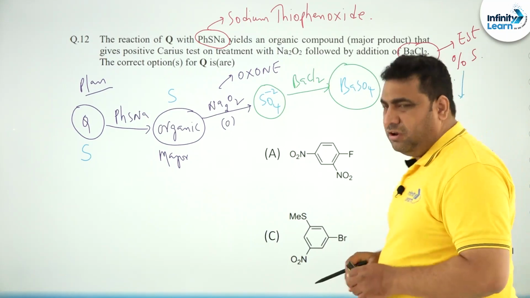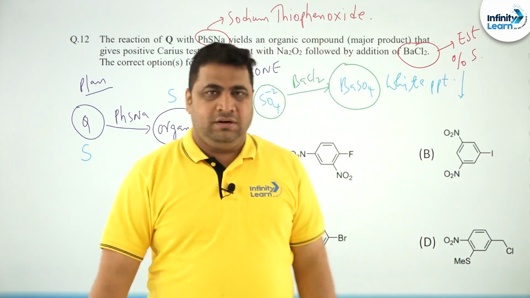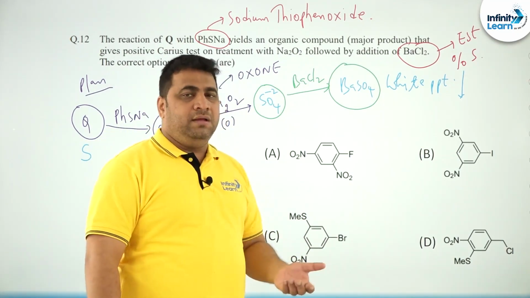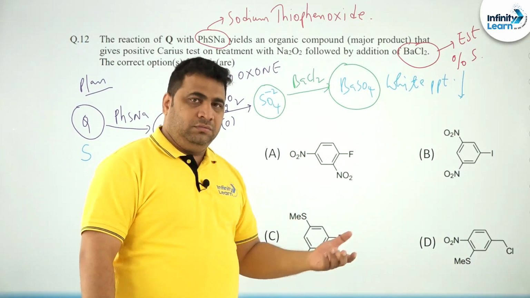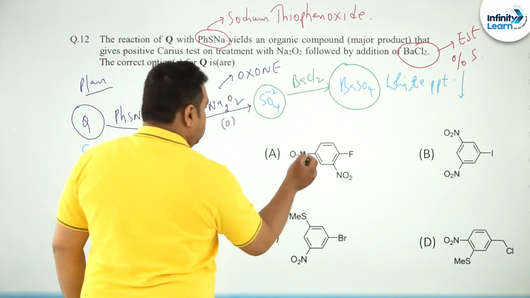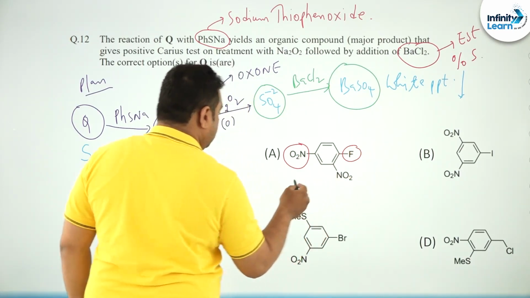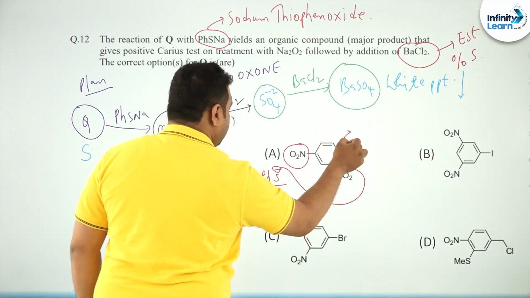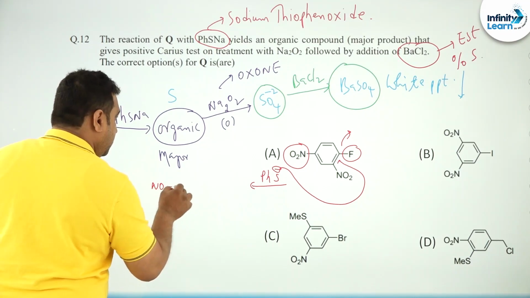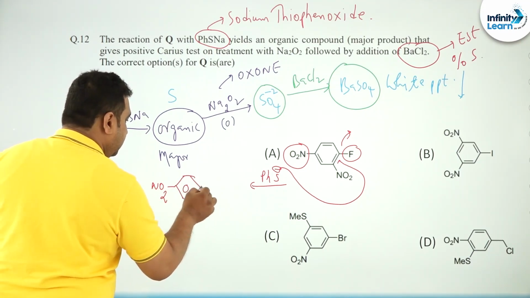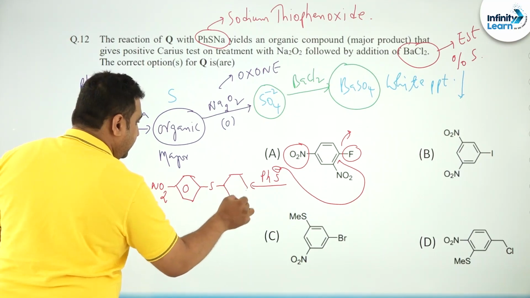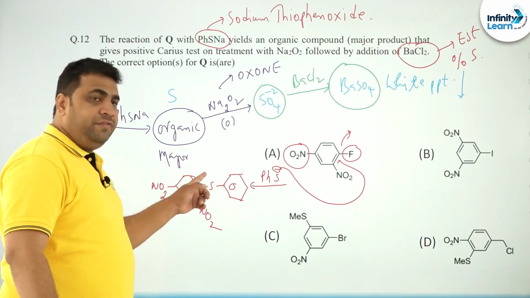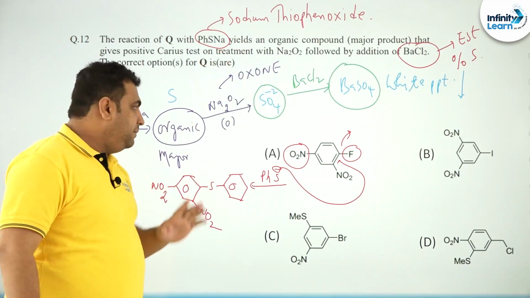Slightly I am unhappy with this question, all of you. You will say, sir, why are you unhappy? Can you explain the reason? First I will explain according to the key, then I will put forward my pain or unhappiness. So everybody can see this is a nitro group and this is a fluorine group. If you treat with the negative ion, that is sodium thiophenoxide, then you are going to get the resulting compound. Everybody can see this compound contains sulfur, correct? If this compound has sulfur, obviously on oxidation it will give you sulfate, which can be estimated. So answer is A.